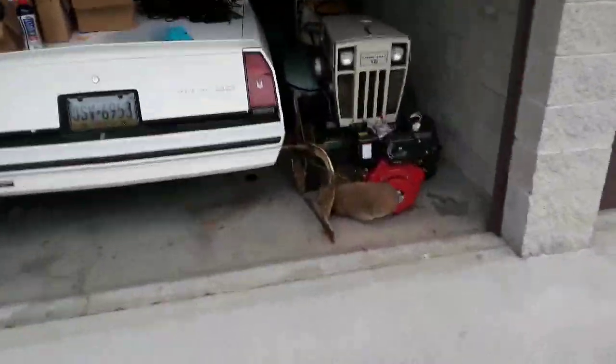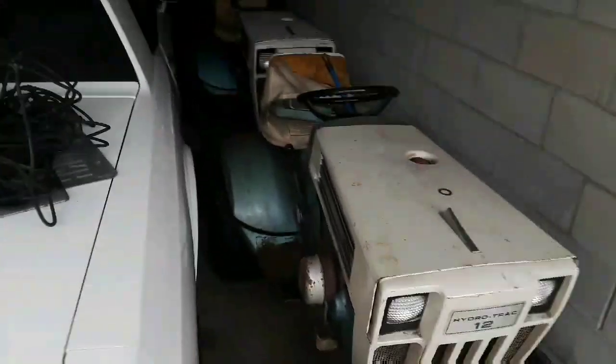Now the only other project, which I don't think has been shown too much. You get to see all the hydros. All the hydros got together except the one over there. I guess they don't like him and decided to hang out with the Monte Carlo. But the one project I want to get ready for maybe next year's plow day, that's how you tell if a tire's flat,